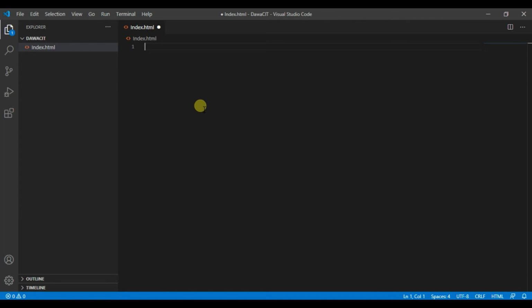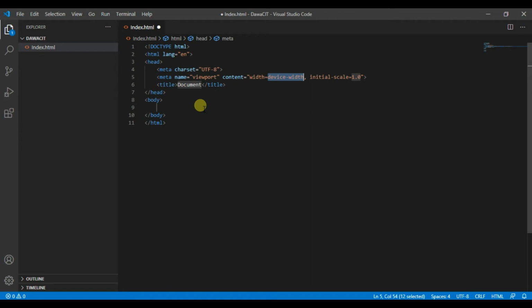So first type here HTML. See, Visual Studio Code provides autocomplete for our code. With the help of autocomplete, it's very convenient and makes it easy to write HTML code. So let's simply select HTML5. As you can see, we immediately created our HTML code, right? If we talk about other text editor software, then it takes a lot of time to write this code, right? So that's why I use Visual Studio Code only, which saves time and makes it easier to write the code.